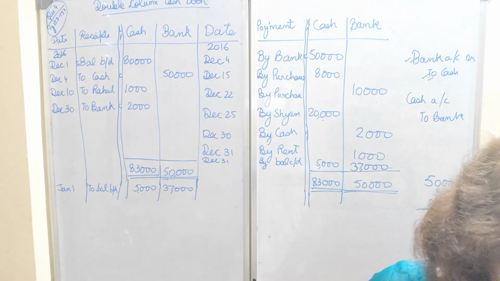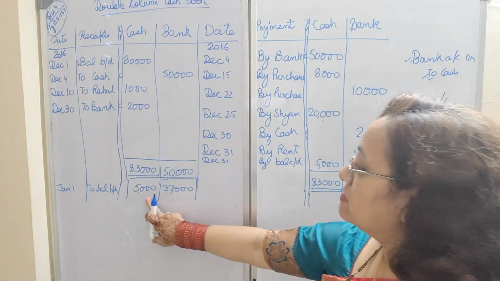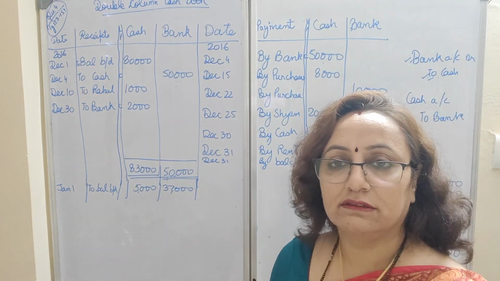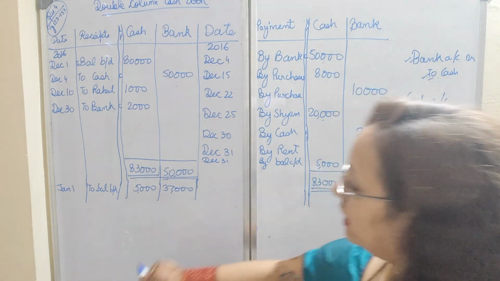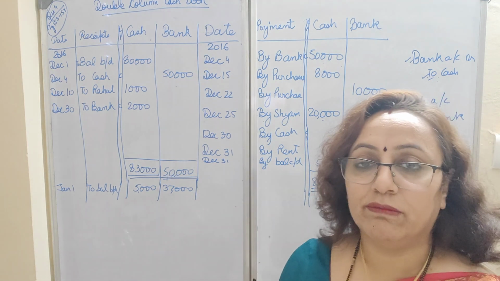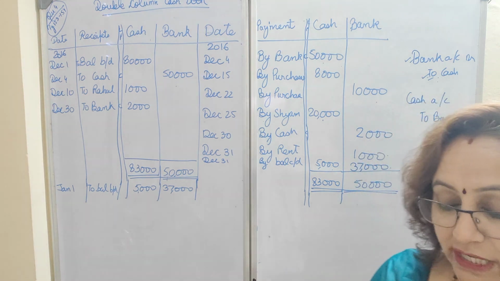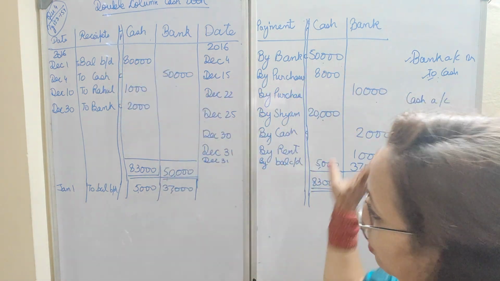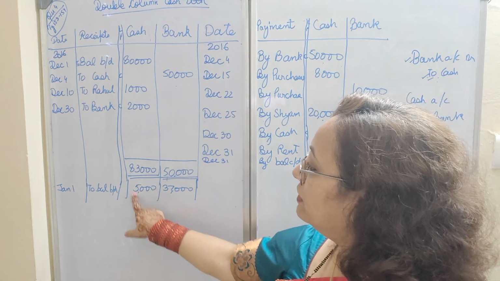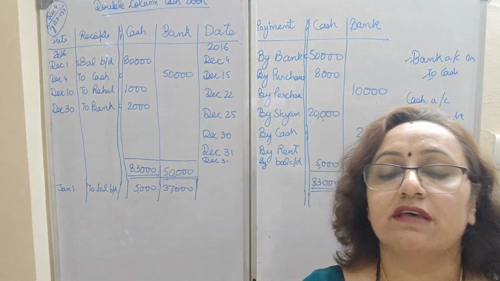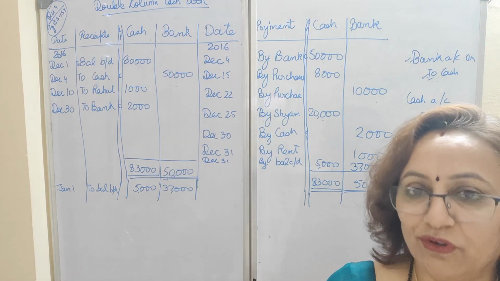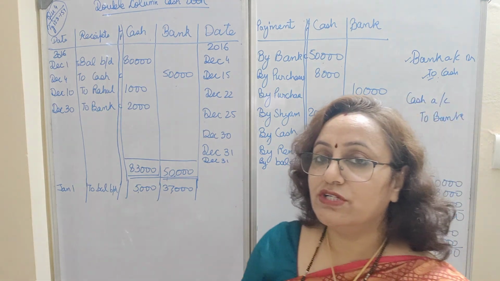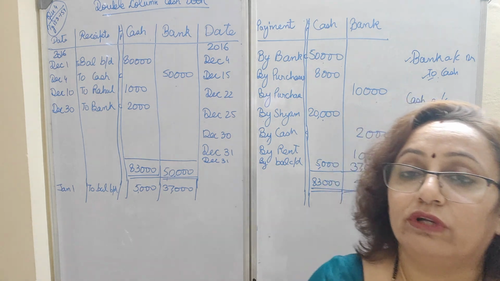So next month when I will be starting with my cash flow, this will be my opening balance. This is how my question will start, and then again this cycle will continue about the payments and receipts. So the cash book is actually telling me that in the starting I had 80,000 in my hand. After all the transactions I have done, I am left with 5,000, means 75,000 I spent. Okay, so this is how all the calculations are done, and this is how we calculate the balance.